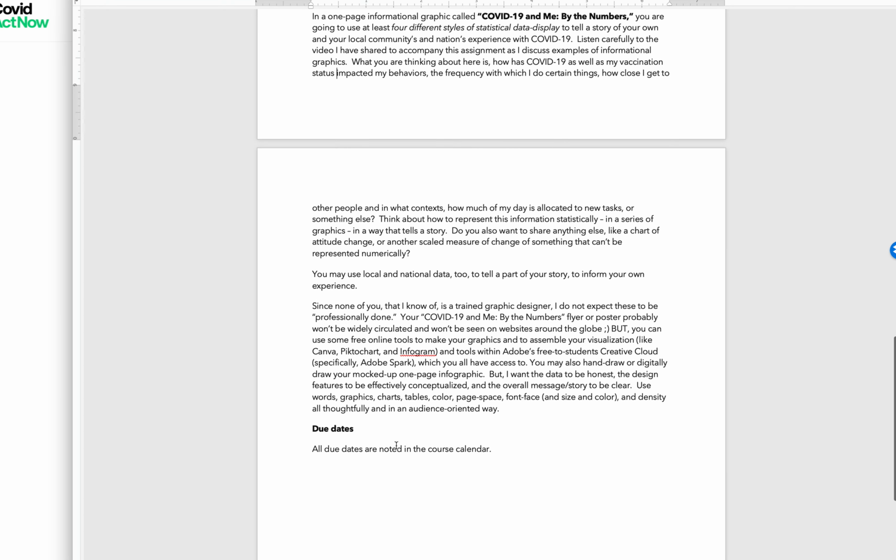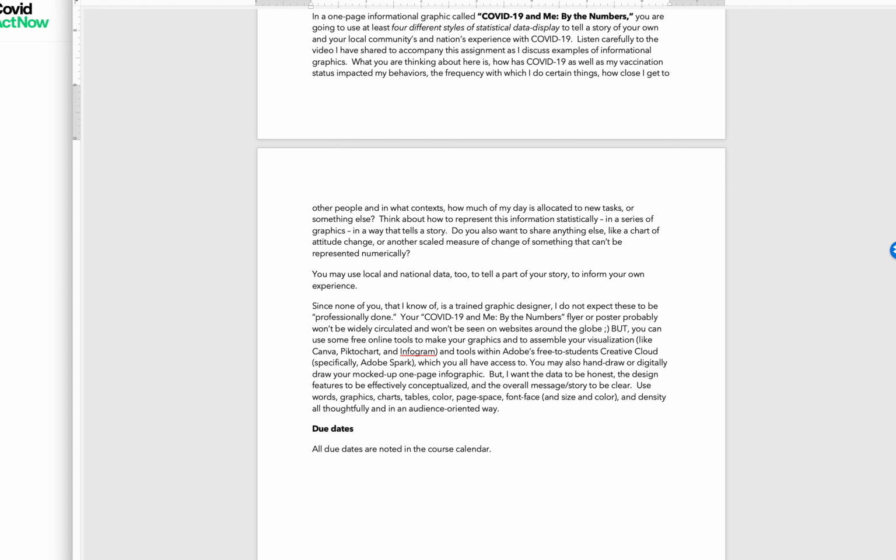And the due dates for this are all listed in our course calendar, so be sure you pay attention to that. I've mentioned here how you're going to go about creating this infographic because I know we're not all graphic designers, and we're not all very expert at using some tools that might help this become easier for us. So read this paragraph and I share with you a few examples. Okay, so I want to show you first up